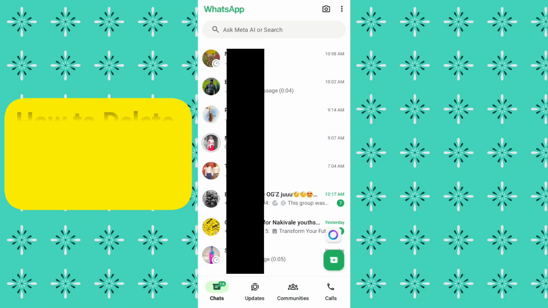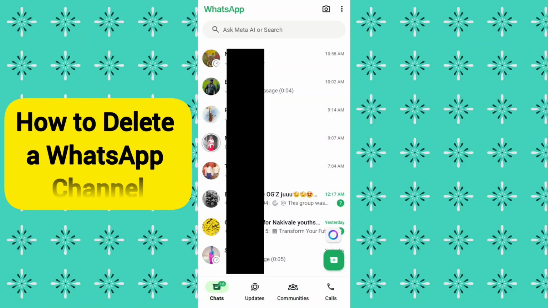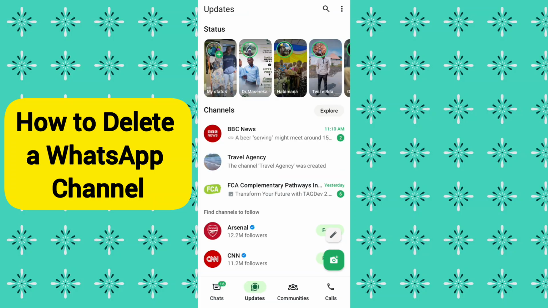Now guys, this is how you can delete a WhatsApp channel. You need to tap on Updates, then you choose your channel, Travel Agents. We tap on Travel Agents,